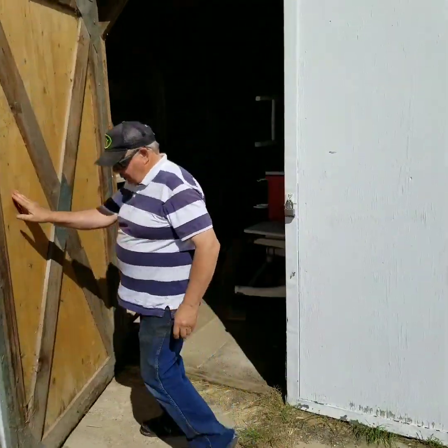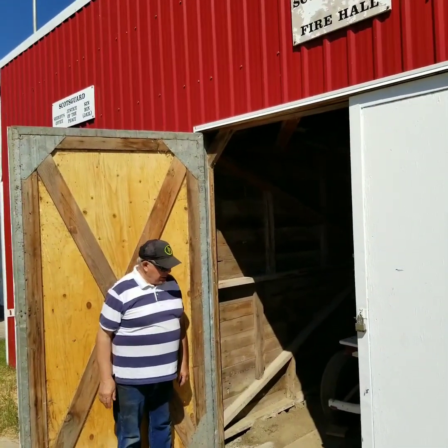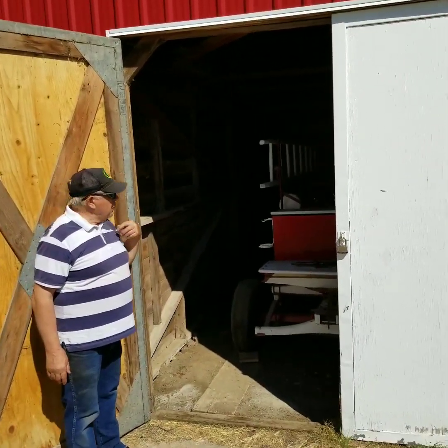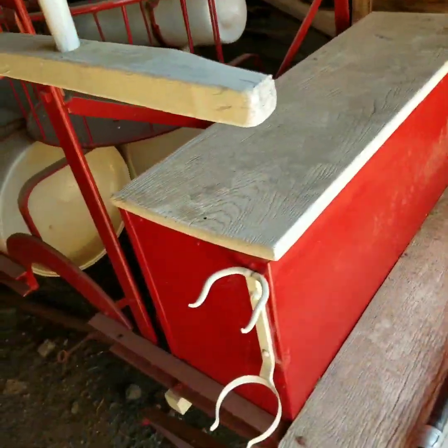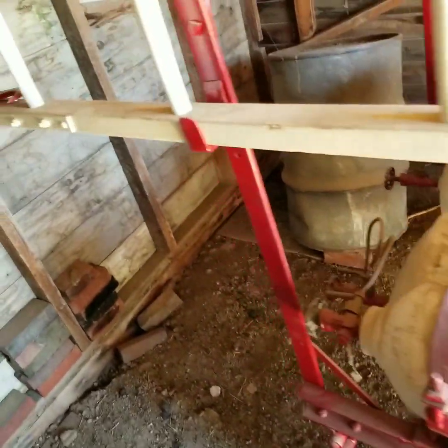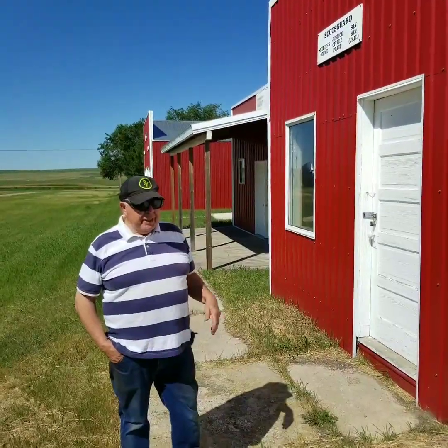We have the original fire wagon that was here in the early days, and in particular in 1941 when this whole block burnt to the ground. I don't know if they know where the fire started or how it started, but back in the day, all these buildings were a foot apart. So once one was on fire, then the next one went, and the whole block burnt